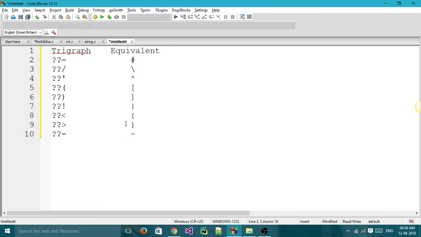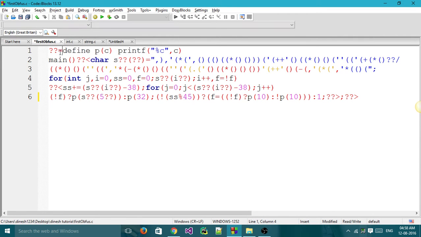So in order to type these symbols, they gave a trigraph, a sequence of three characters, question mark question mark equal to, which is equivalent to hash. In that way they defined it. So by substituting these symbols, it may become a readable one.